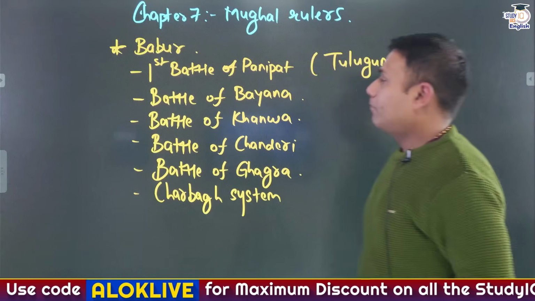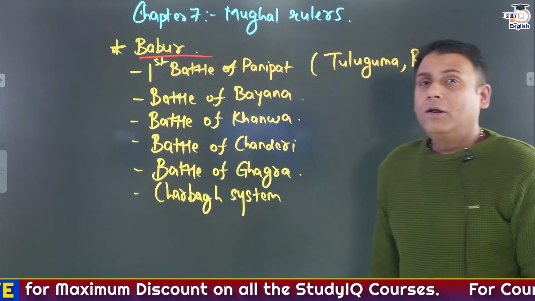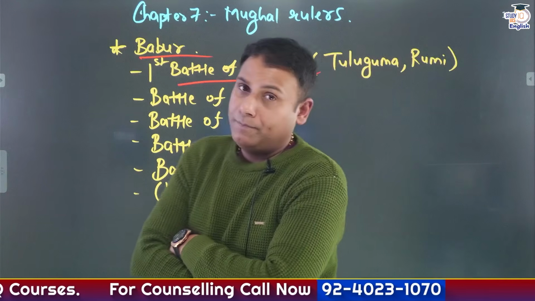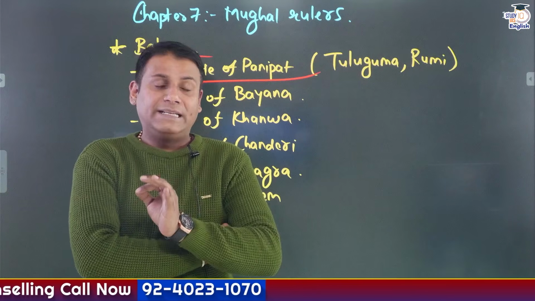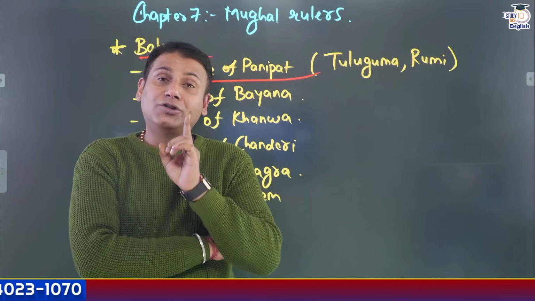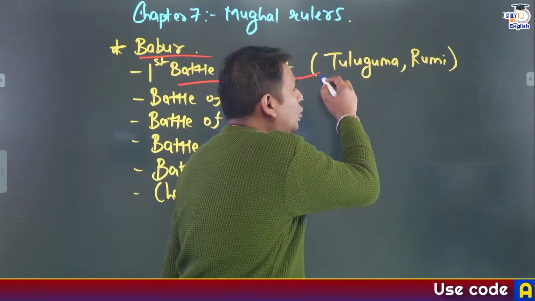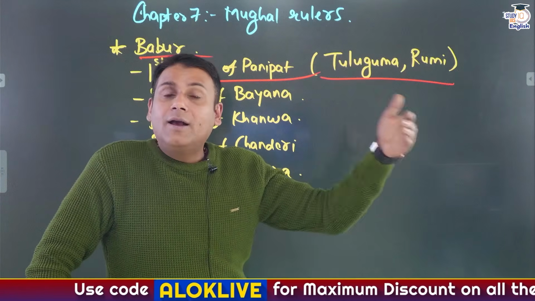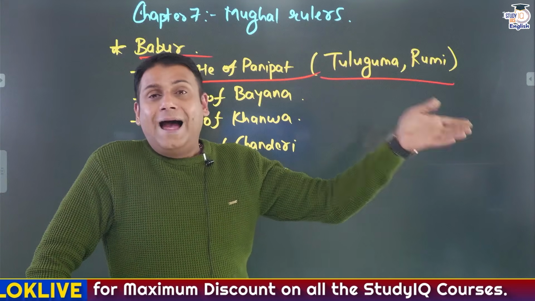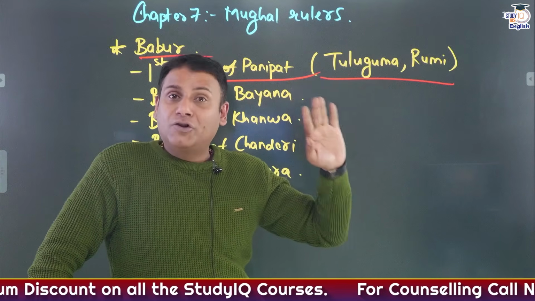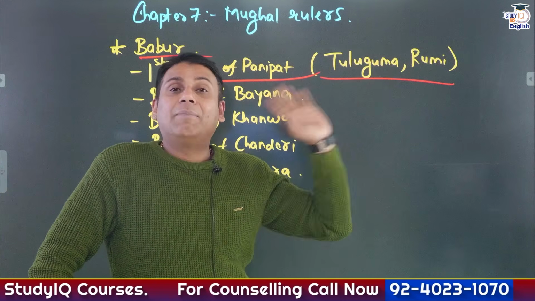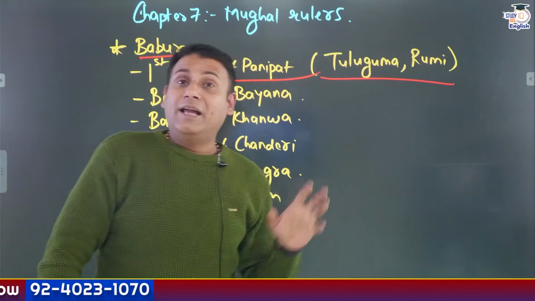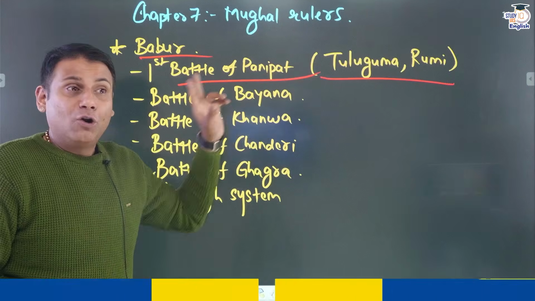Mughal rulers, Babur. First of all, throw light on the first battle of Panipat that was fought between Babur and Ibrahim Lodi. And as I've told you previously, UPSC has a tendency to ask questions on terminologies. So go through the Tulughma technique or Rumi technique once. Because Babur used the Tulughma technique against whom? Ibrahim Lodi. And he had learnt this in the Battle of Transoxiana or Battle of Sar-i-Pul against Shaibani Khan. Although he had lost the battle, he had still learnt that technique from there. So just go through the Tulughma technique and Rumi technique.